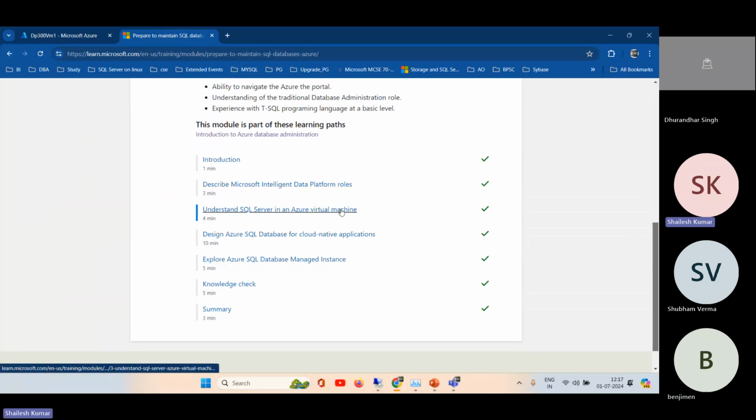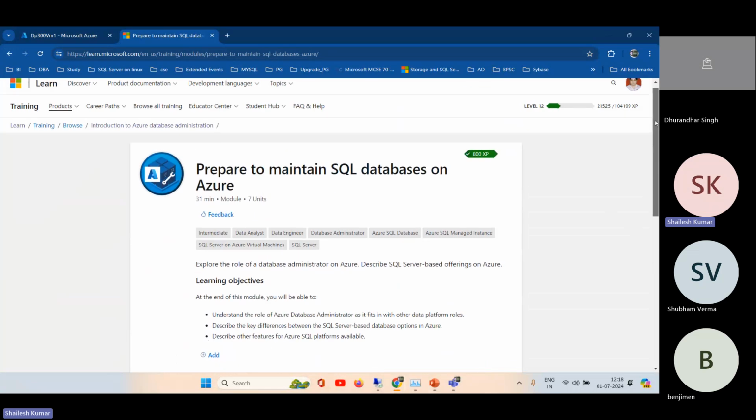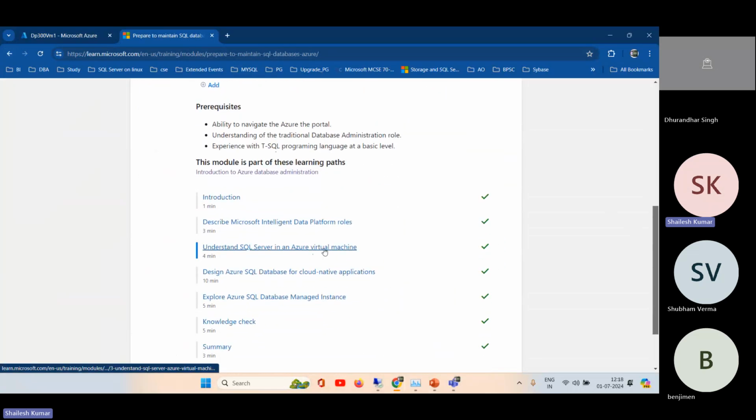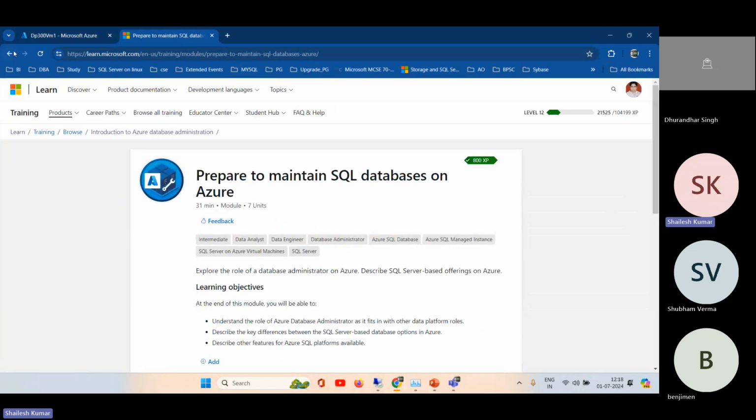We have covered Azure VM. Next we will see cloud-native applications and SQL Server managed Azure managed database instance. We'll start from these two things. We have selected the first one, so in that we have covered Azure VM. Then next, designing this and this, and then we go to some roles and the next part.